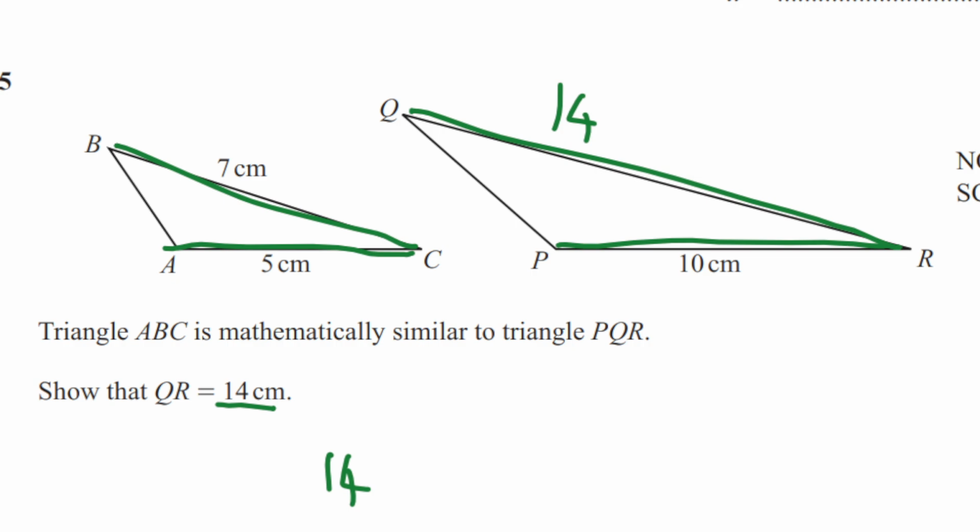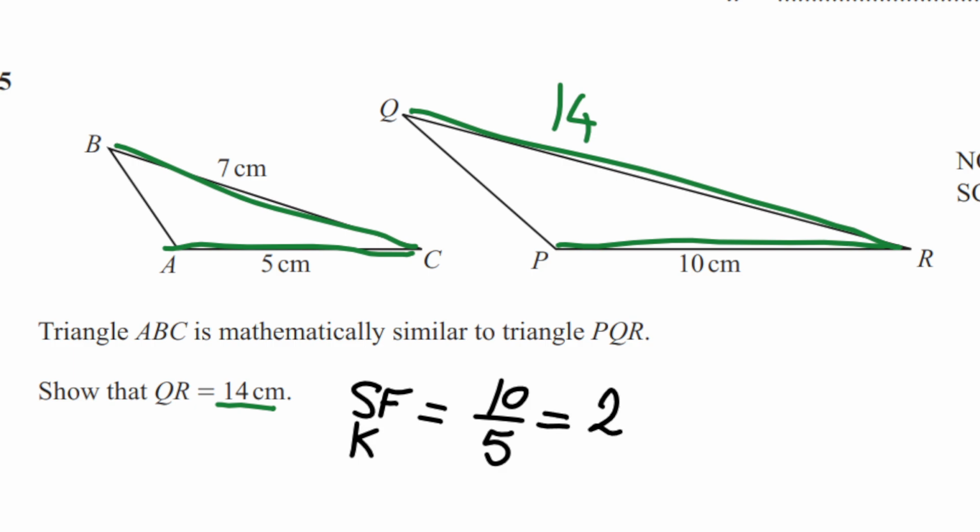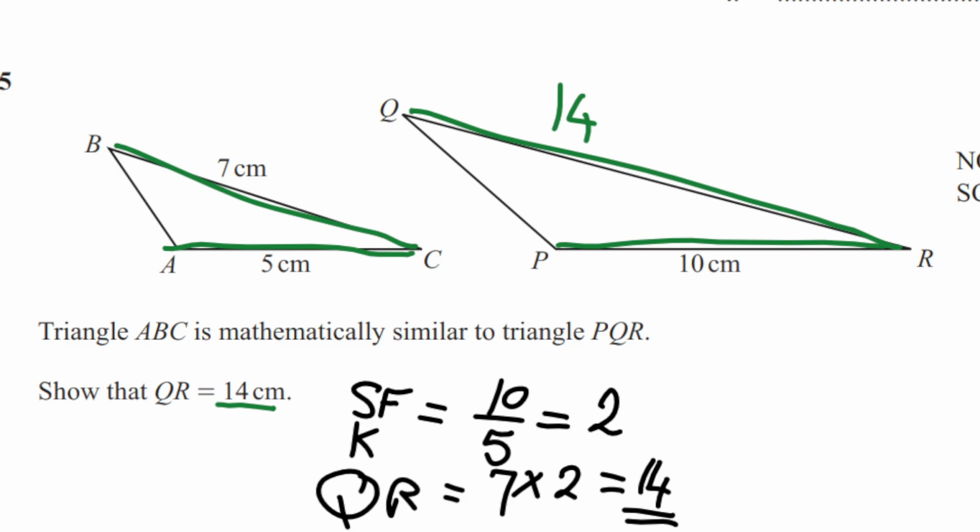So here, the steps you need to follow are to find the scale factor. So you will first need to do the scale factor, or you can write K equals 10 divided by 5. That's the scale factor of the length, which is 2. And then you will do QR equals 7 times 2, which is 14. And that's it. Then you got the full mark. So be careful, show your work,